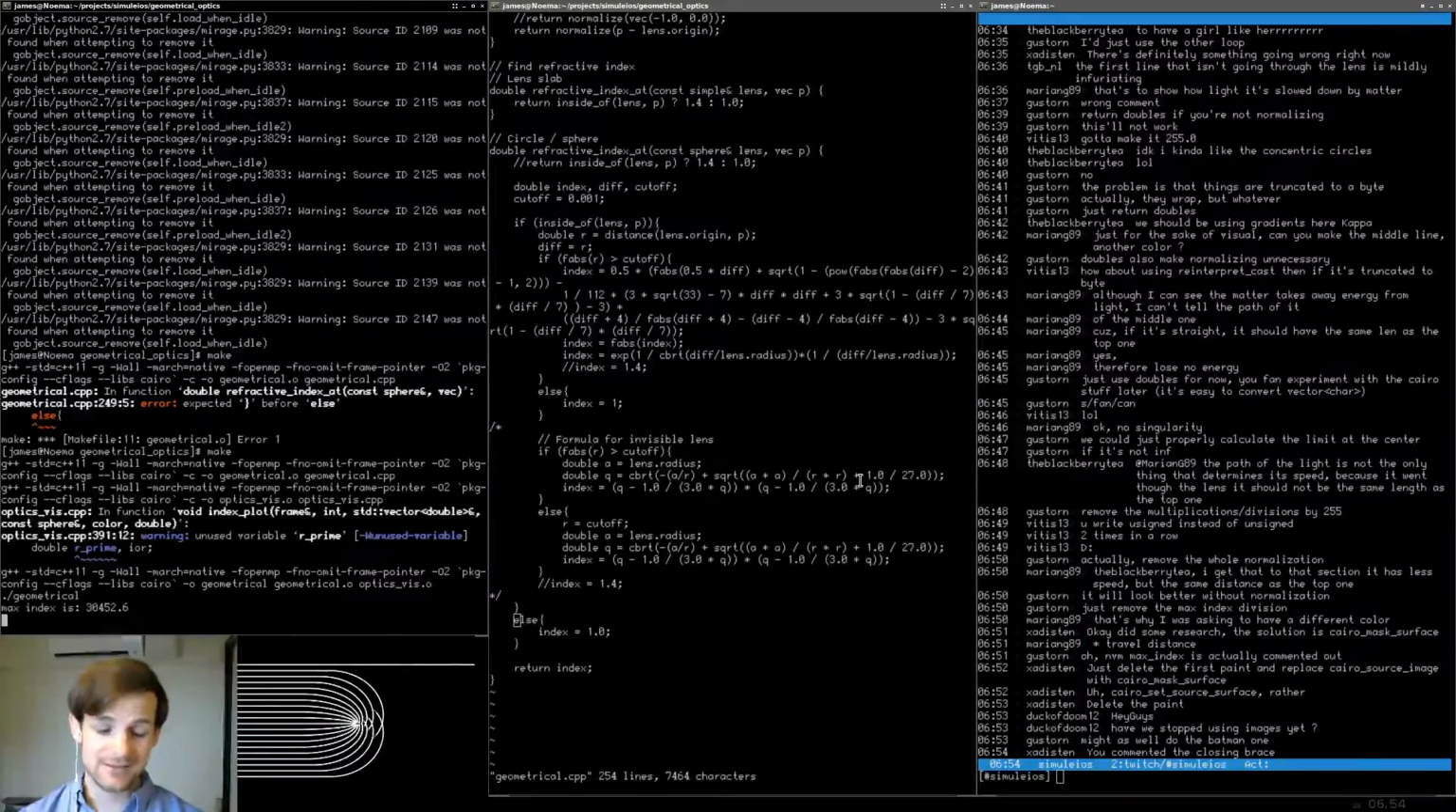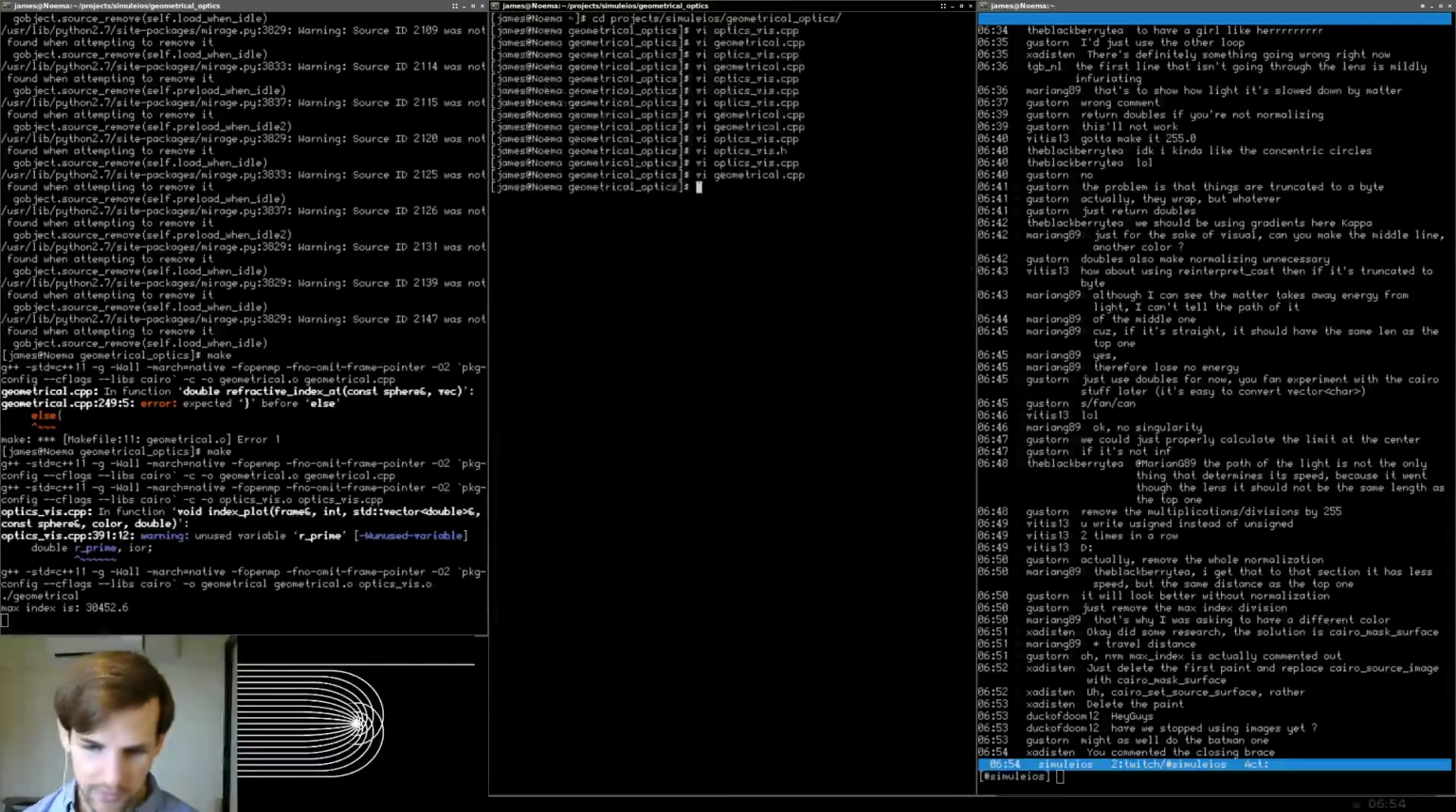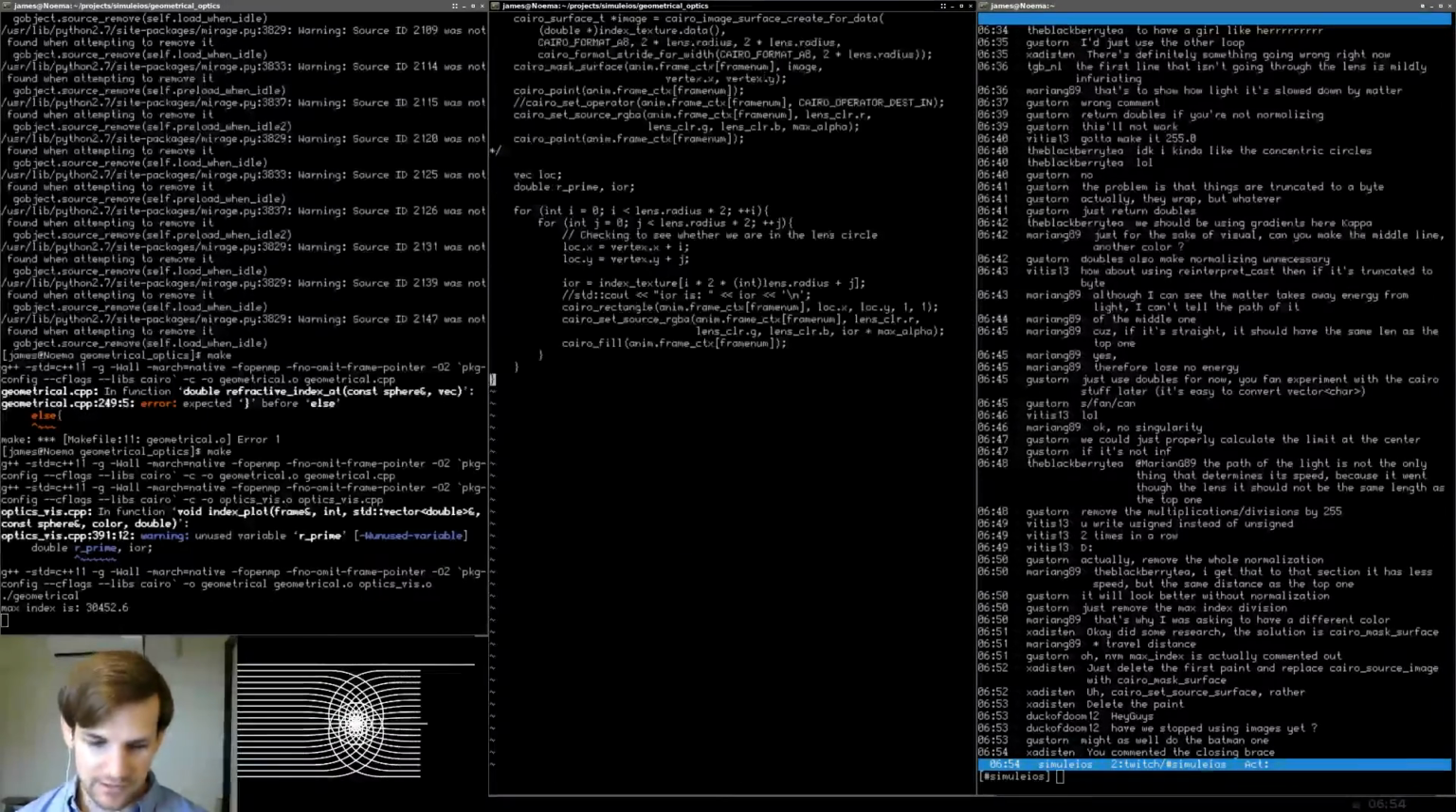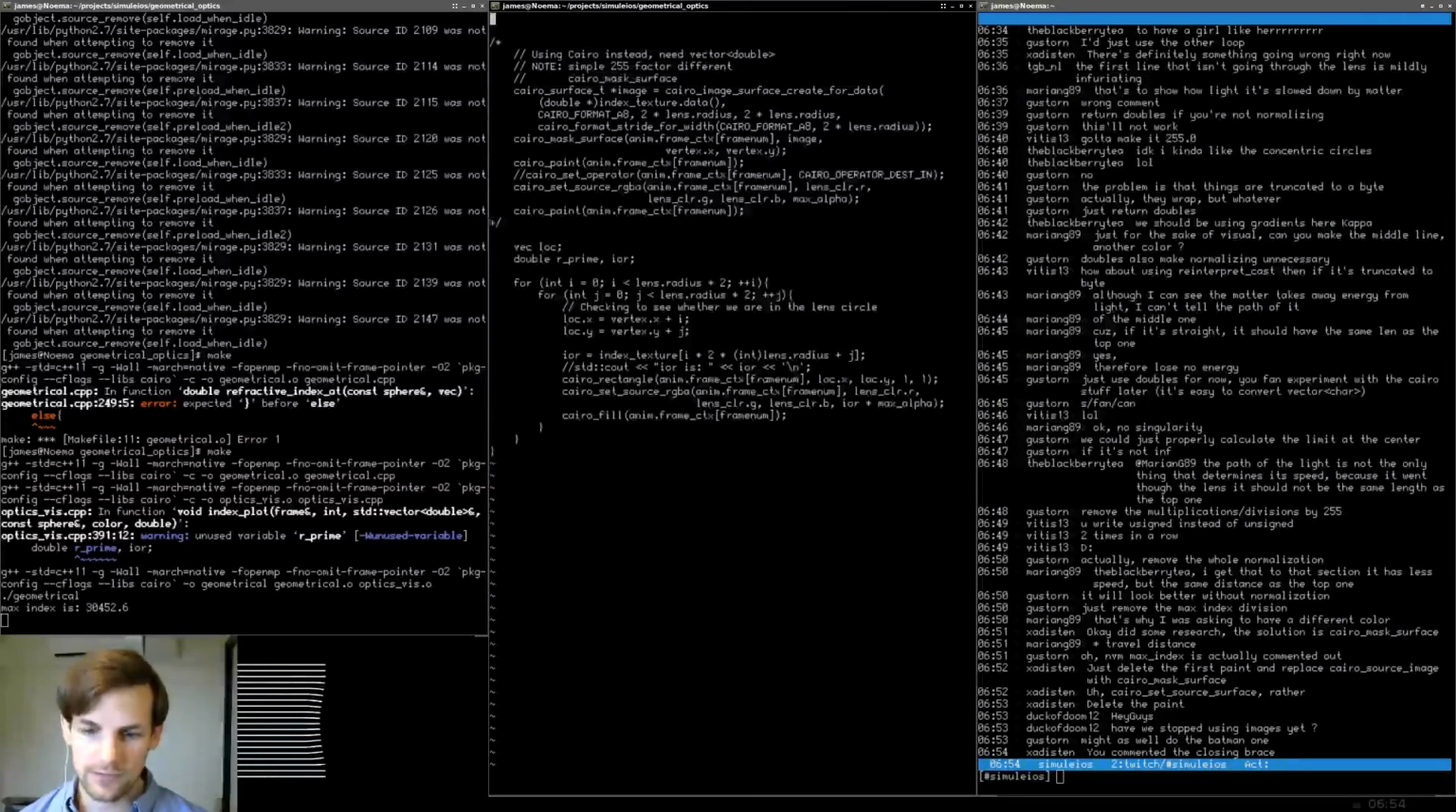See here, the max index is 30,452. No, yes, 30,000. Holy cow. So we'll have to look at this one once it's done. We might have to do some arbitrary factors and see what we need to do here. So let's go ahead and write quit. Optics visualization.cpp. Now what I want to do is up in the,